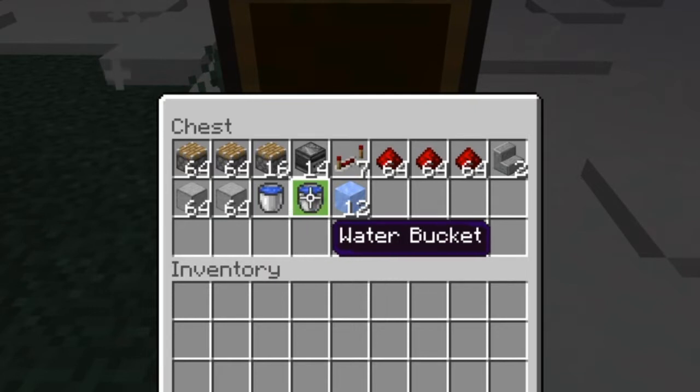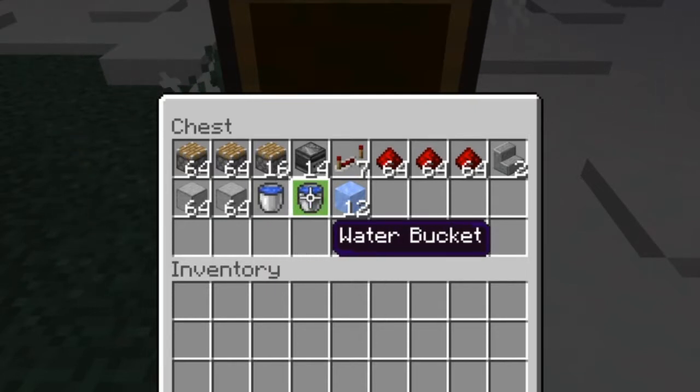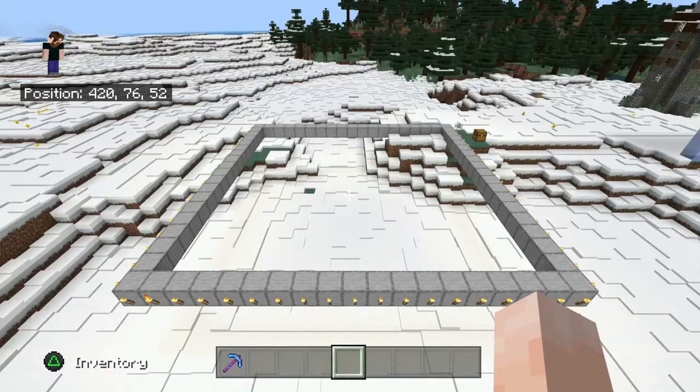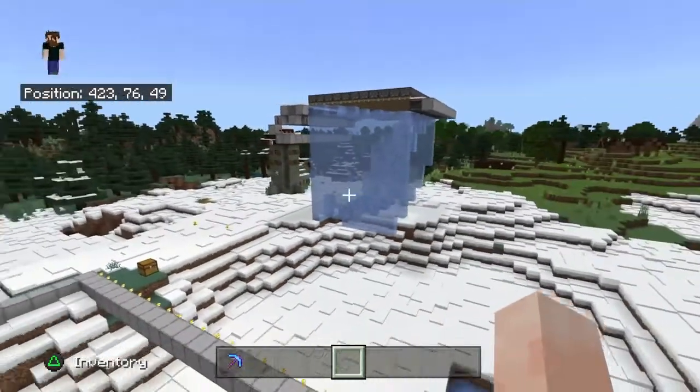You're going to want an infinite water source. We're going to do some waterlogging in this farm, so at least 2 buckets of water, and then 12 ice just to kind of prime the thing. And this really doesn't have to be ice. We're just using these 12 blocks to hold in our water sources. You could put any blocks you want in there, but they're just going to get pushed out along with your harvestable ice. Now for this model we're building today, you're going to need at least a 17 by 17 space,